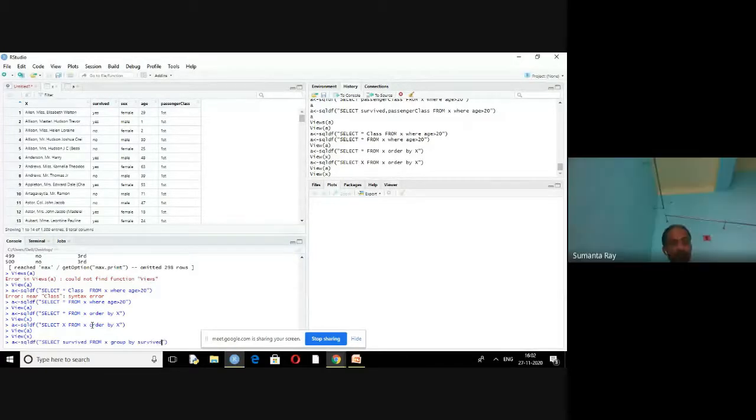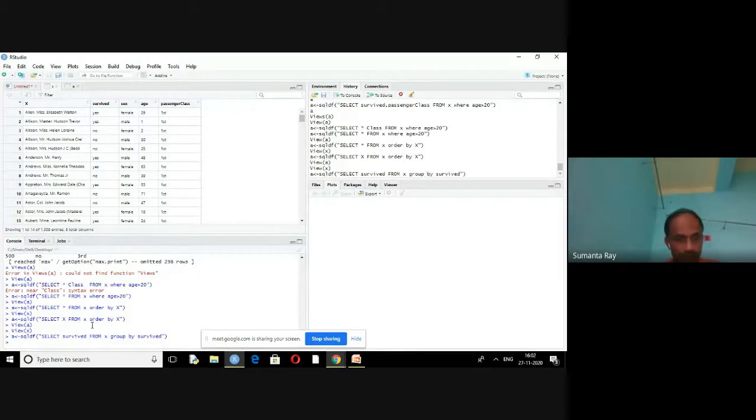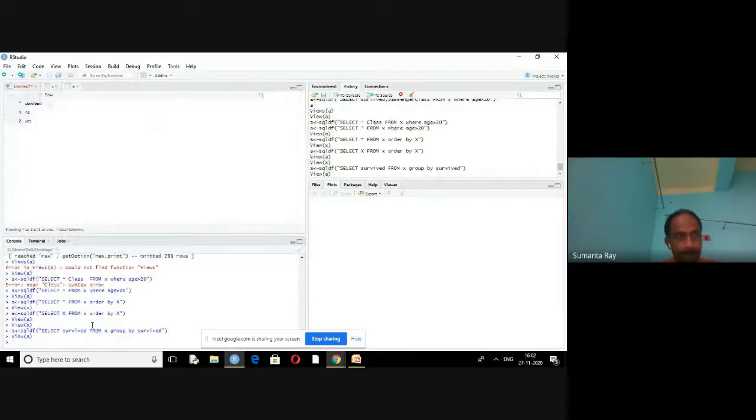Select survived from X group by survived. Clear? So what will be the result? It has been grouped, yes or no. There is no entity apart from yes and no.